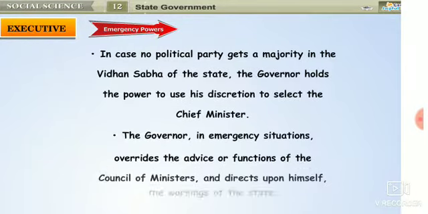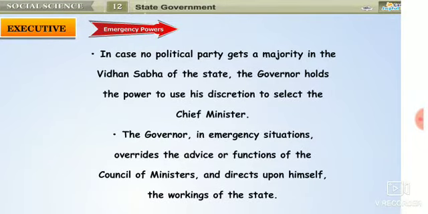Emergency powers. In case no political party gets a majority in the Vidhan Sabha of the state, the governor holds the power to use his discretion to select the chief minister. The governor, in emergency situations, overrides the advice or functions of the council of ministers and directs upon himself